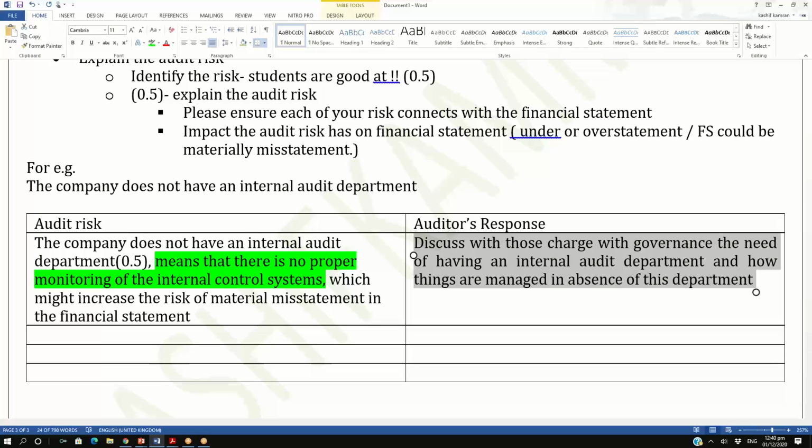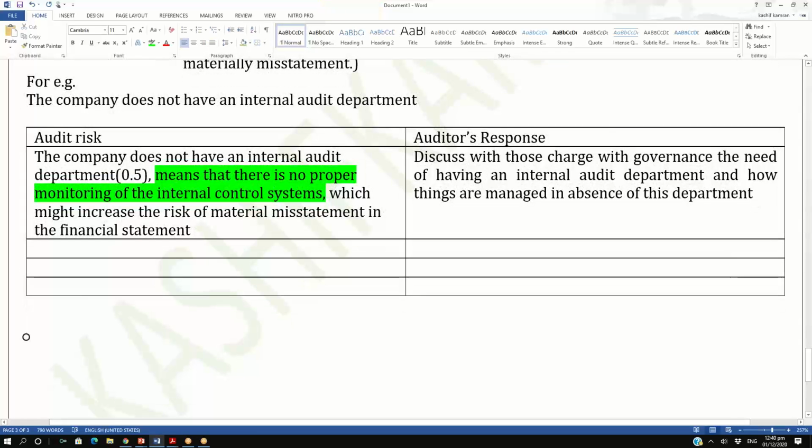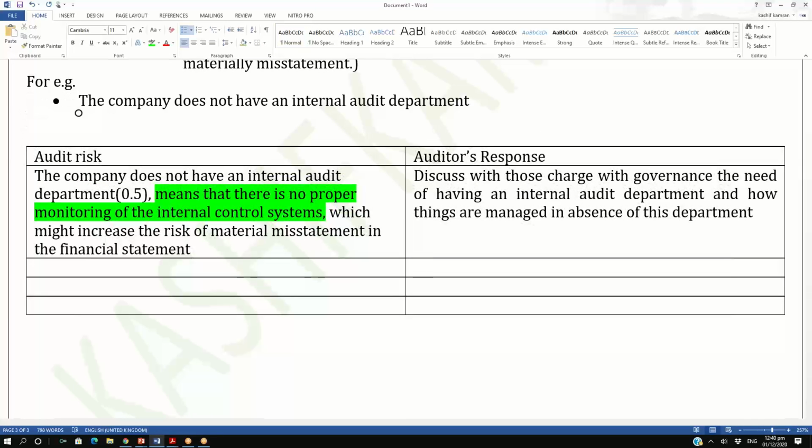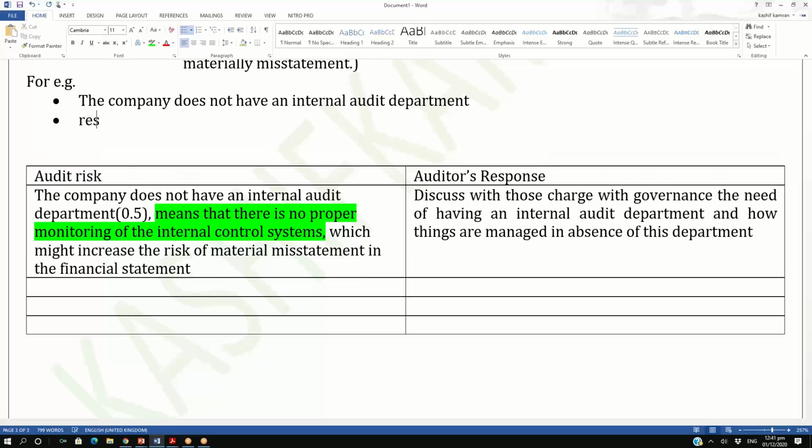Now, whenever you're writing an audit risk, you need to be very particular about the audit risk and its impact. Now, this was very general. Look at another example. For example, if the company does not have an internal audit department, then in that case, I am just saying the financial statements could be materially misstated. But for example, the examiner gives you a very particular situation where the examiner tells you that